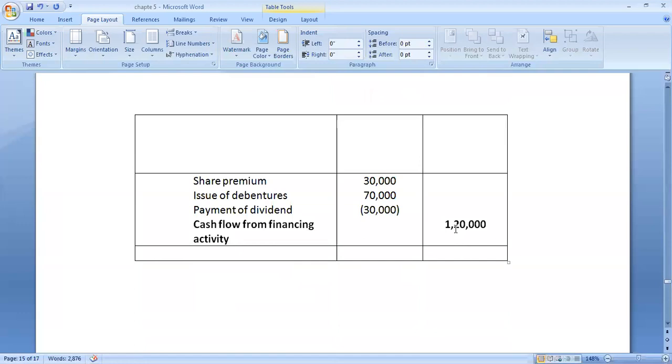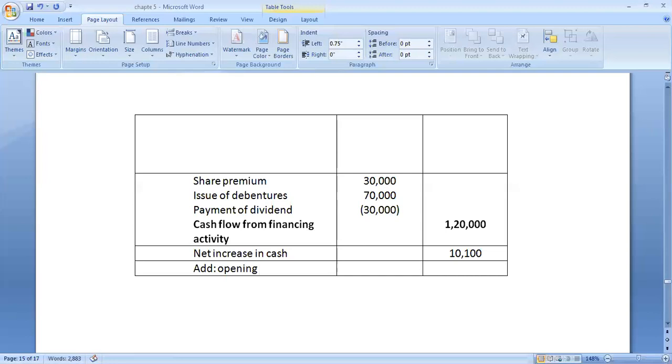So plus 1,20,000. So what is that? That is 10,100. So which is net increase in cash. To this net increase in cash, add the